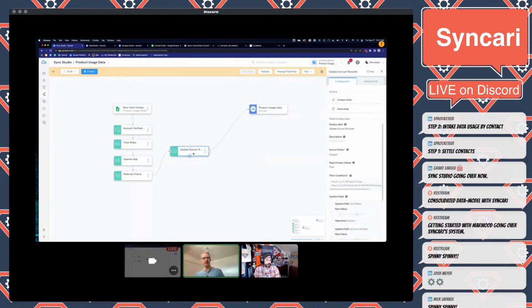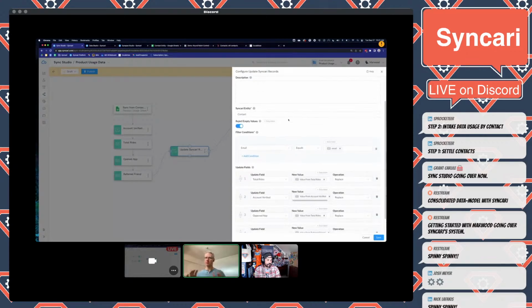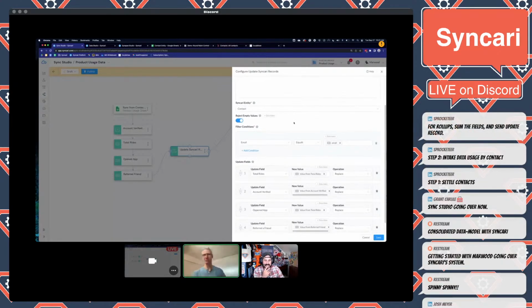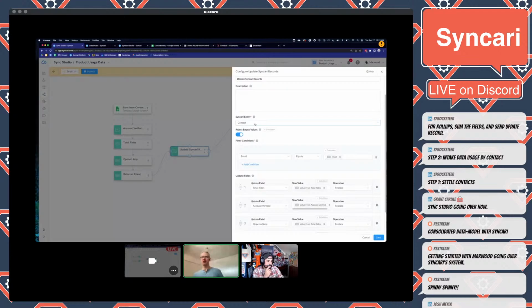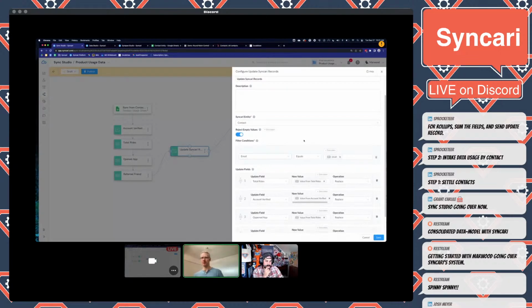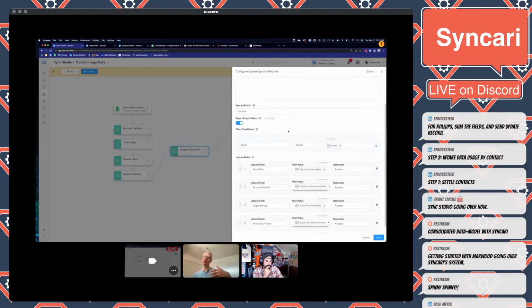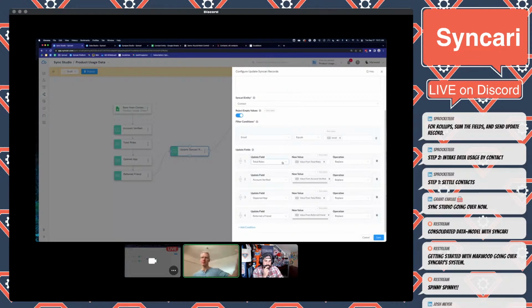We go to an update record. And this is where some people get a little bit confused because you're asking, well, why are we updating a record? And the answer was what I spoke about earlier, is this is not a linear process. Right. It is linear, but it's not quite linear. So what this does is it looks up the contact entity or email and finds John's record in the contact table. And from the contact table, we are actually updating the fields in the contact table, right? That are from the 4 different nodes we just used for our calculations.